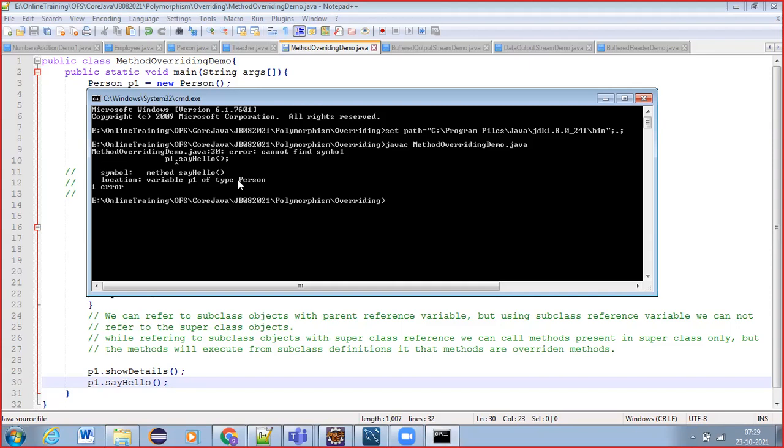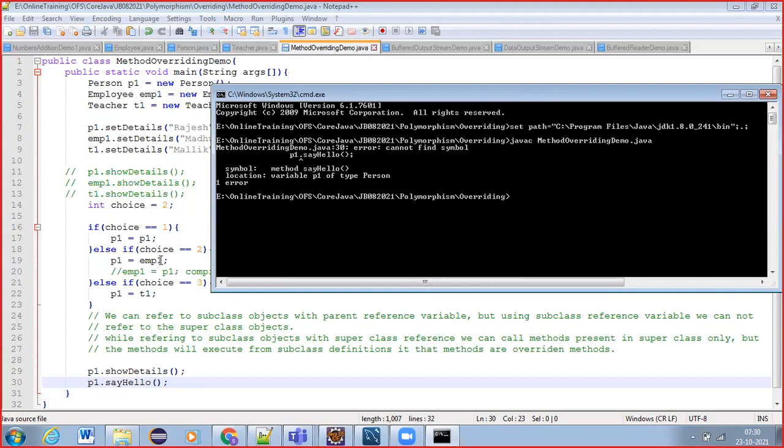In the p1 class reference variable, we are not having the say hello method in the p1 type, so it will give you the error. You need to remember this point also: even though the actual object present under p1 is an employee object, because we have given the choice as 2, and when the choice is 2, emp1 is assigned into p1.